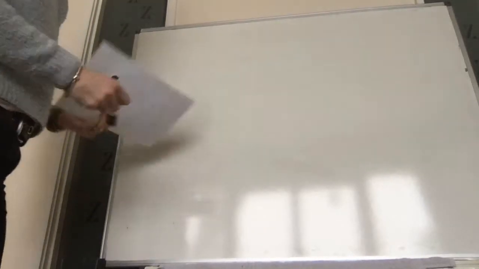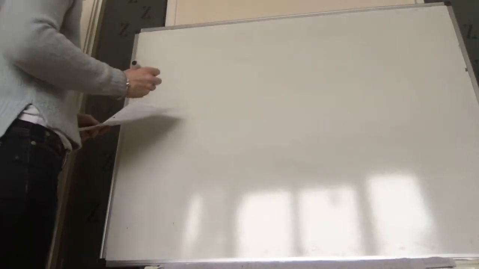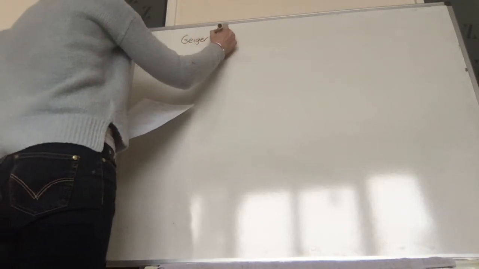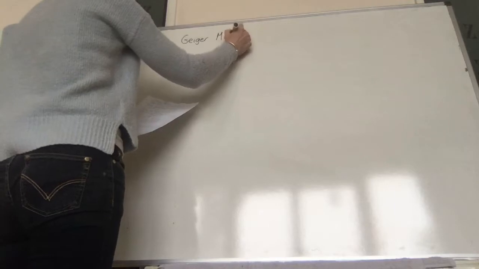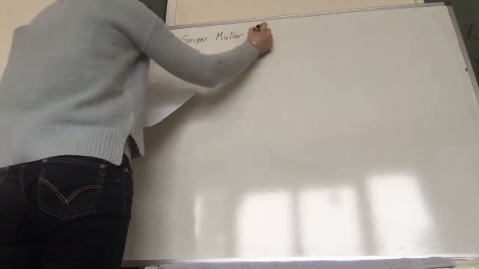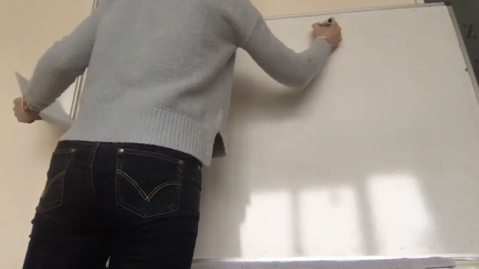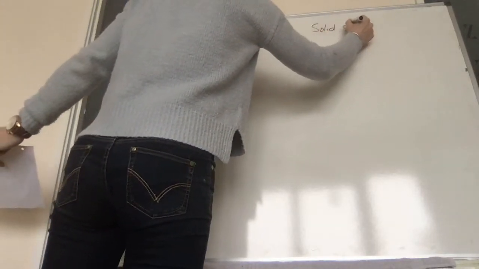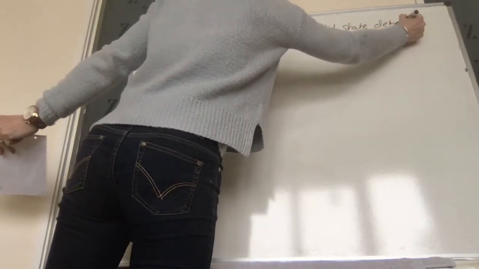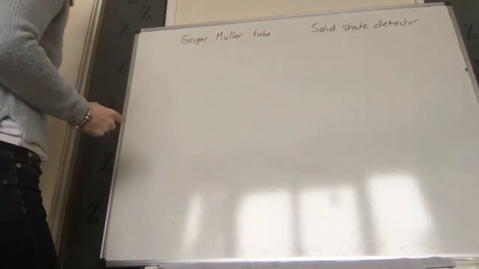So now I want to talk about how we detect radiation. There are two ways to detect radiation. There's the Geiger-Müller, and I'll probably pronounce that wrong, so sorry if I'm offending anyone. The Geiger-Müller tube, and there is also the solid state detector. You only need to know how any one of them operates, so we're going to talk about the Geiger-Müller